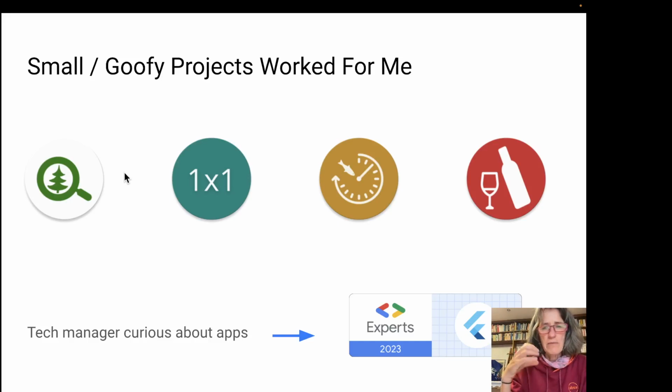However, all of these were side projects and were no commercial successes, and I never really cared for commercial successes. No commercial success, it still means I've learned, and so they actually turned me from a tech manager with very little expertise in app management to by now a recognized Google developer expert.